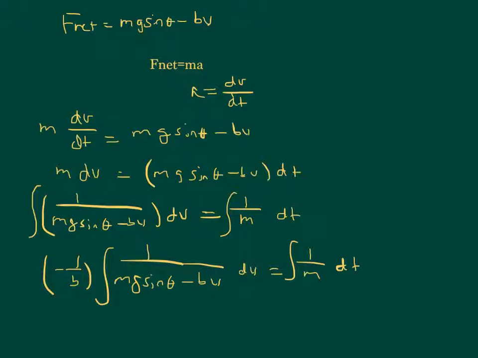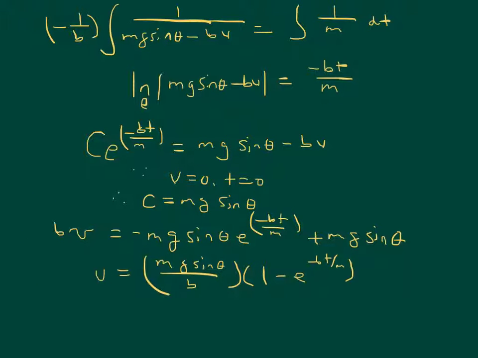And here's the tricky part. The minus 1 over b exists because of the chain rule. We then integrated this integral, and this is what we have. Please take your time to go through this process. I'm not going to go step by step